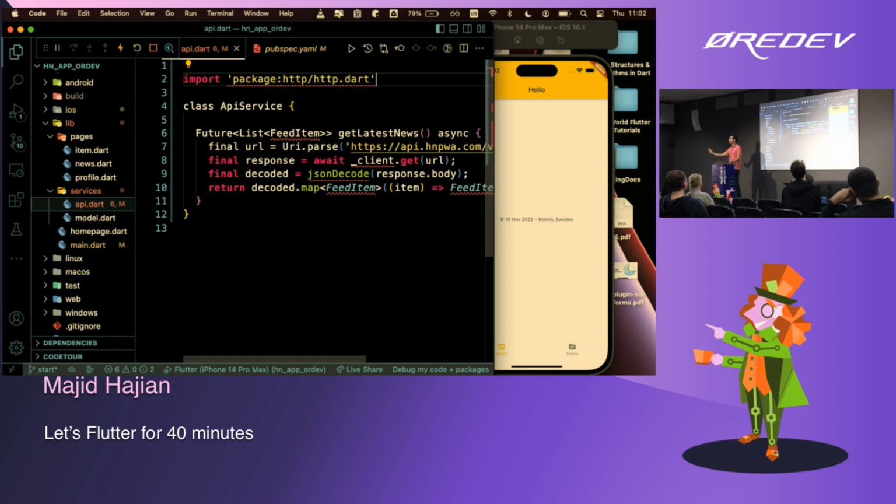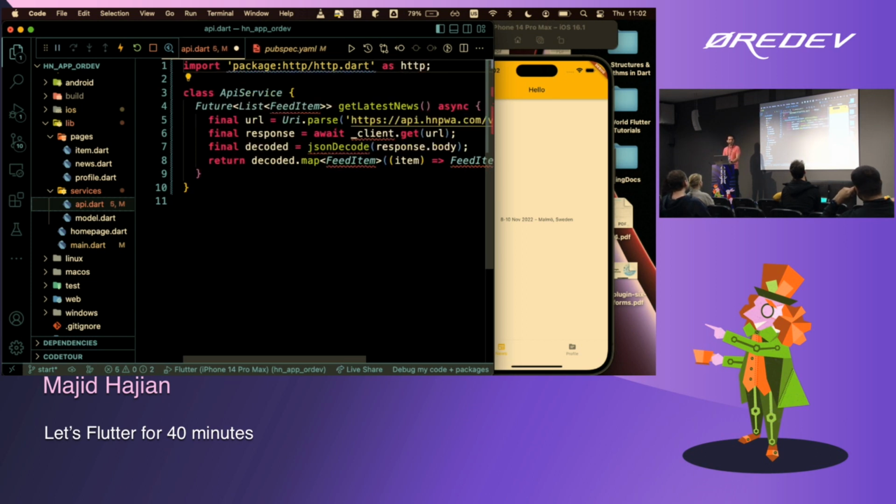This imports everything. By default in Dart, everything that is not private, which usually is public, will be exposed. But to not pollute your entire file, I can have a placeholder name for that. I can say whatever is here will go under http.